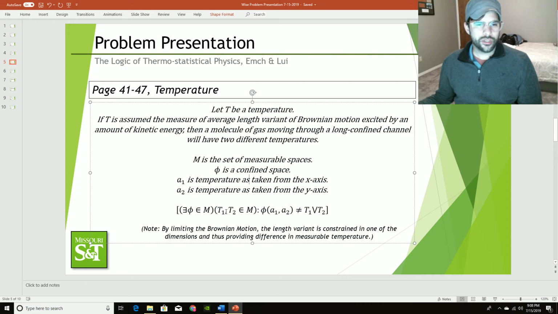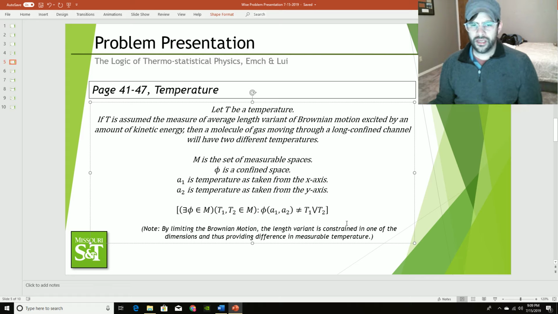The temperature 1 and temperature 2 are from these reference points, such that phi at A1 and A2 is not equal to the join of temperature 1 and temperature 2. And the way I define the join between temperature 1 and temperature 2, the different viewpoints of the axes, is that